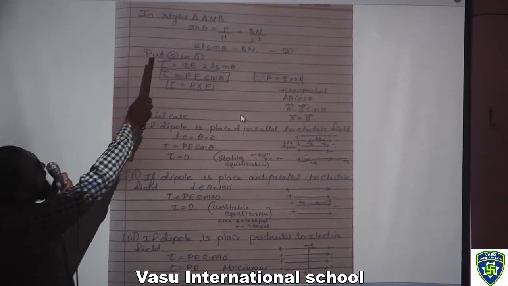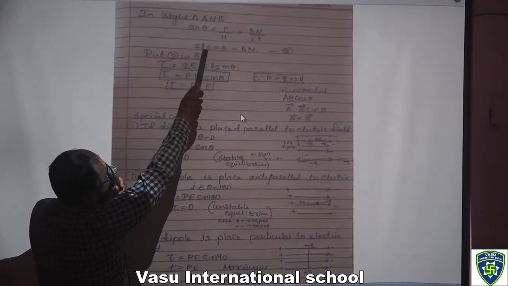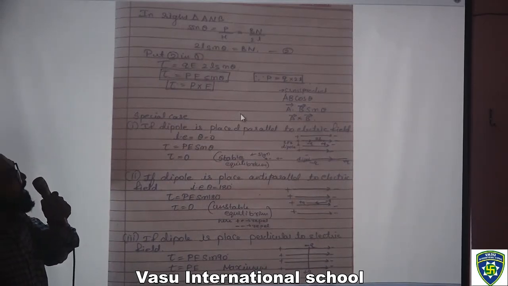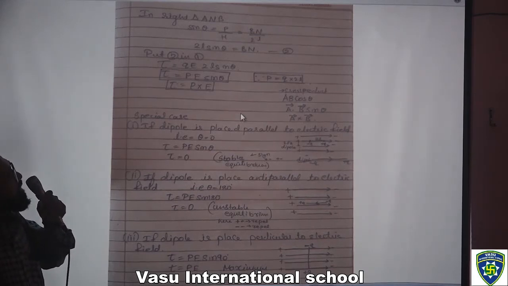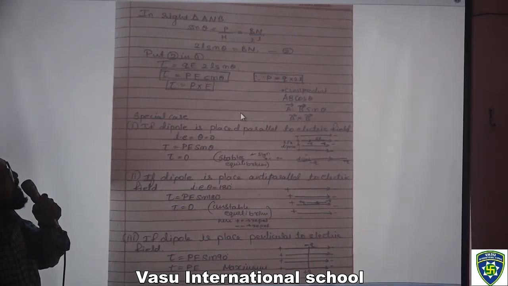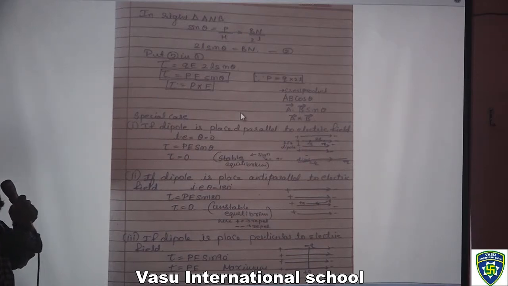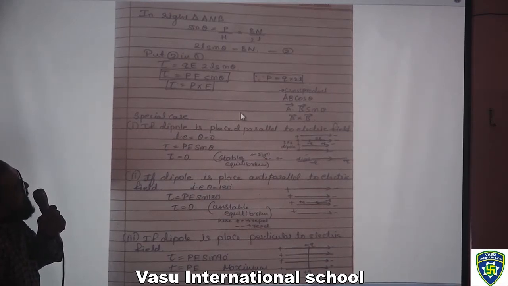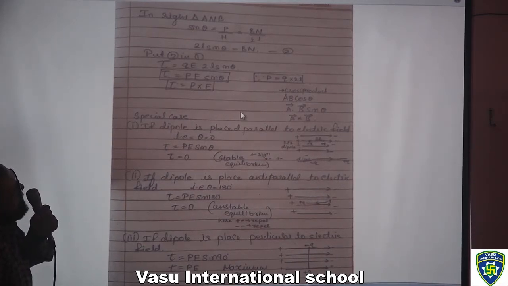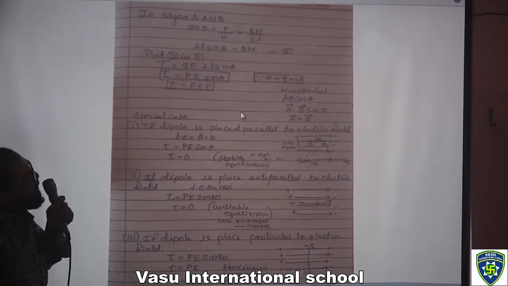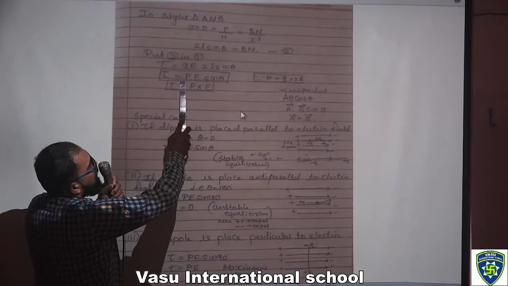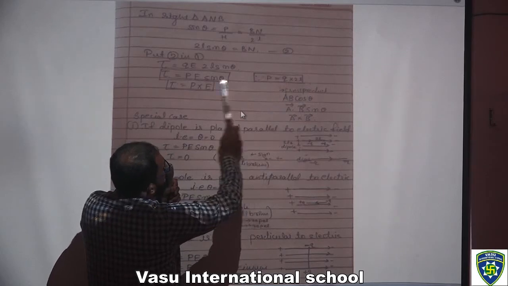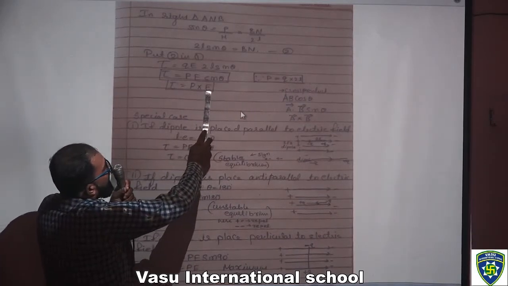In the right angle triangle, sin theta is equal to P upon H, that is perpendicular upon hypotenuse. The perpendicular is Bn, and the hypotenuse is the distance 2L. So 2L sin theta is equal to Bn. Now put the value of Bn in equation number 1. So torque is equal to qE 2L sin theta, that is torque equals q into 2L, which is the dipole moment, times E sin theta, that is pE sin theta. Now p is equal to q into 2L. Now we use the cross product: torque is equal to p cross E.